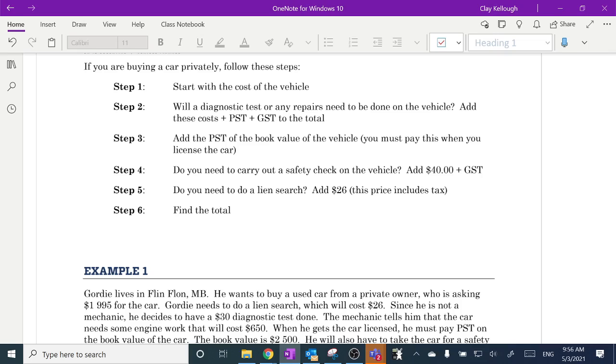Okay, here's the steps. Step 1, you start with the cost of the vehicle. Step 2, will a diagnostic test or any repairs need to be done on the vehicle? Okay, so add these costs. Before you even decide to buy it, you can pay a licensed mechanic to do a diagnostic test and see if there are any repairs that need doing. Then add the PST of the book value of the vehicle, or the purchase price